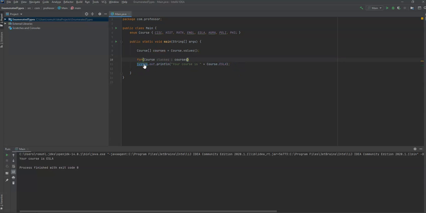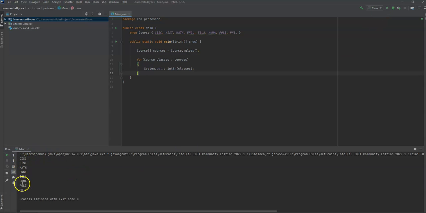Let's go ahead and cut this out, and then we'll paste it back in here, and then we're going to iterate through classes, and that way it will iterate through every element of the courses array, and each element of the courses array is an element of the course enumeration. So let's go ahead and run this program,